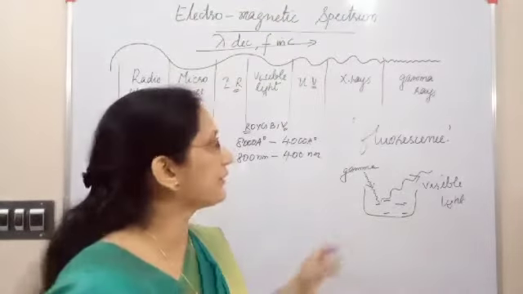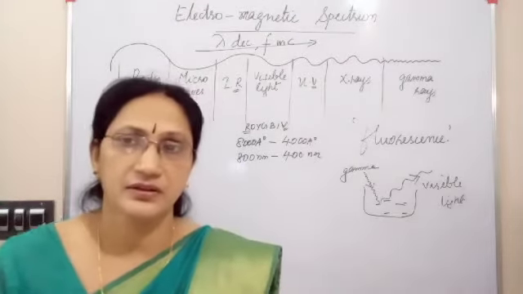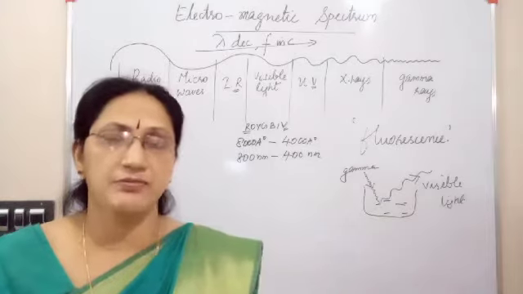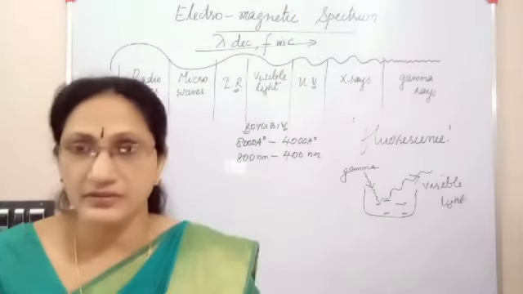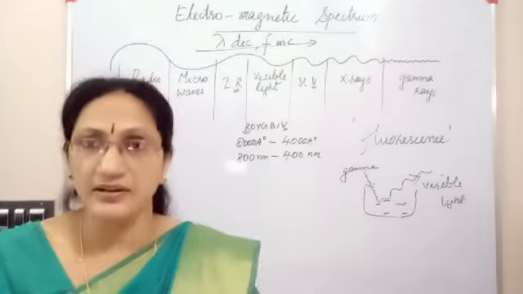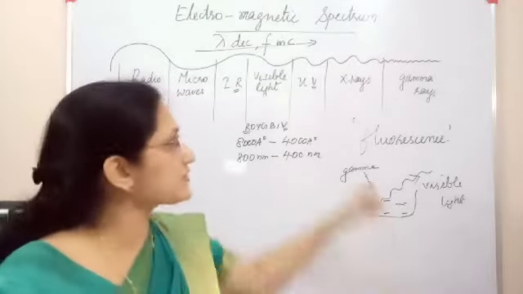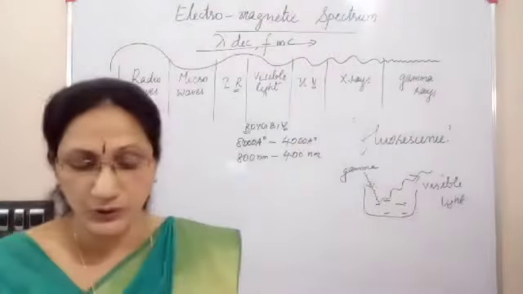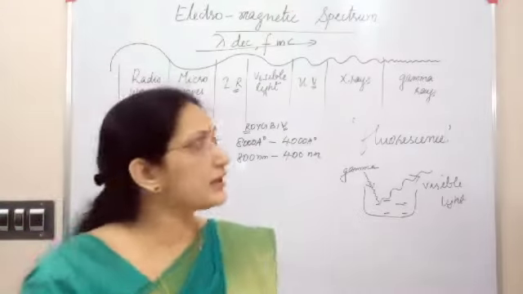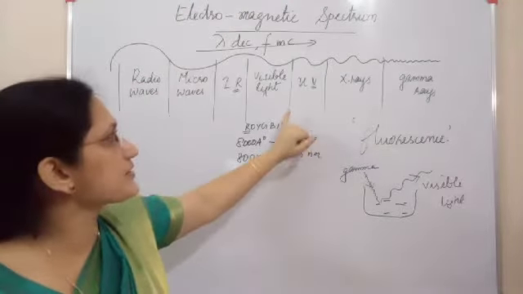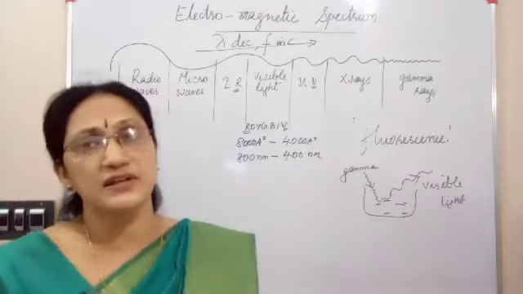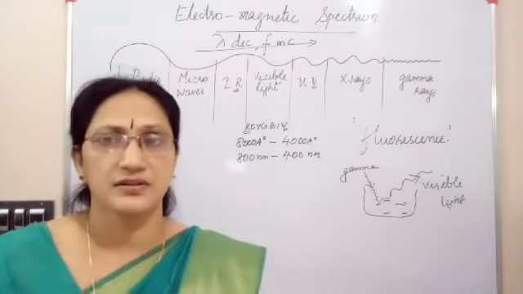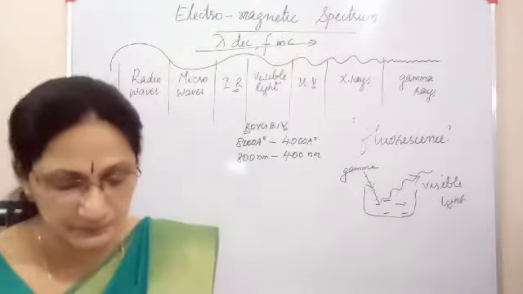Then they can affect the photographic plate. If X-rays fall on a photographic film or plate, it gets activated, or a chemical reaction takes place. Then fluorescence is shown by X-rays also. These are some characteristics of X-rays. Then another point which is not given in your book: X-rays are used in the study of crystals. You may note down this point.